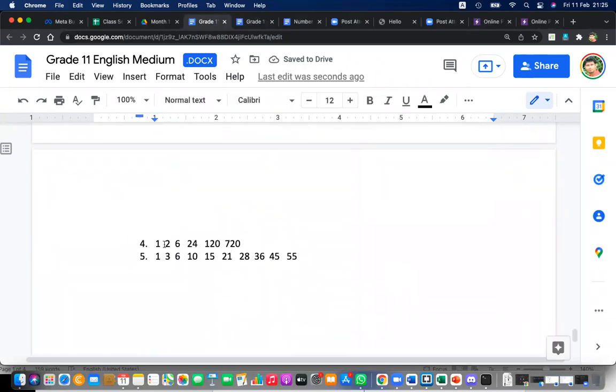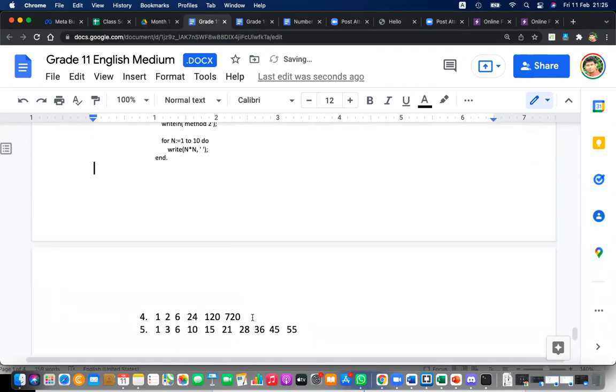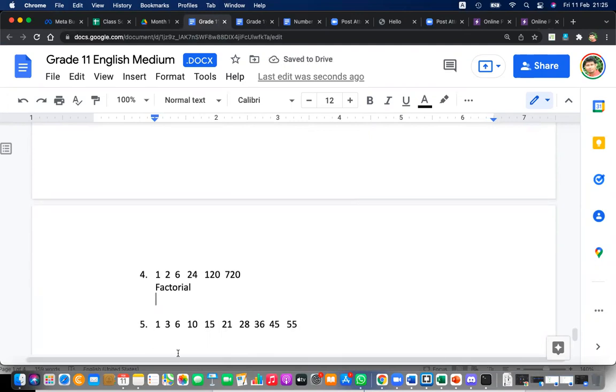This is 1, 2, 6, 24. Likewise, the pattern is going like this. So what is this pattern? This is called factorial. Okay, what is factorial? Factorial is of a given number. Please write down: factorial of a given integer is